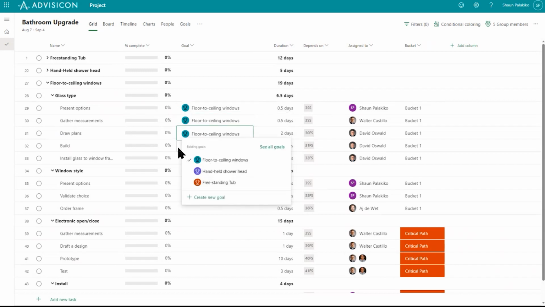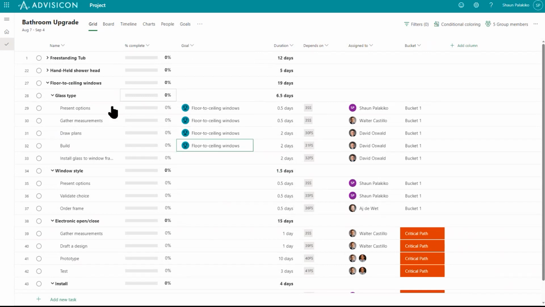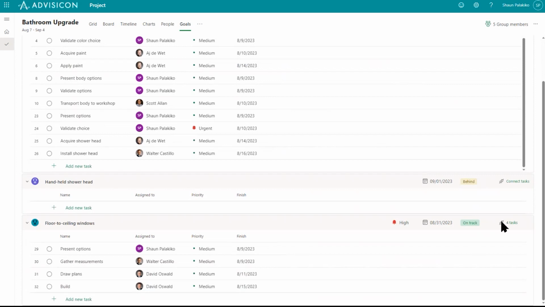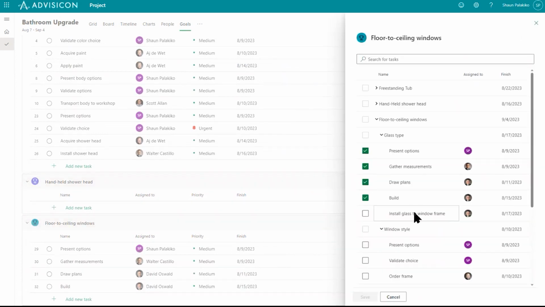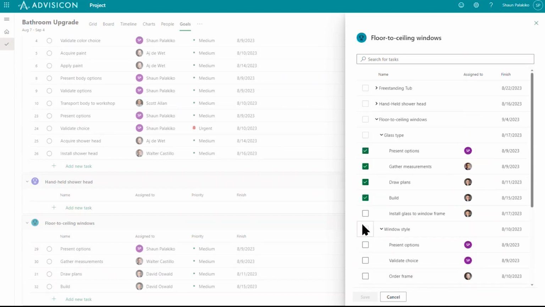It does seem a little clunky, a little slow. This is just some user interface desire to go a little quicker. So that is another possibility. However, coming back to the goals view, I think this way would probably be the best way to assign tasks